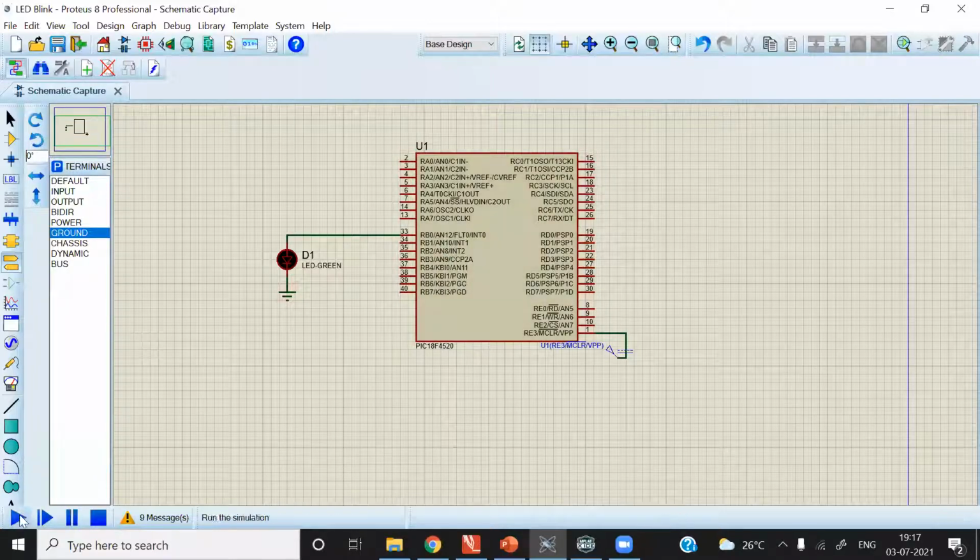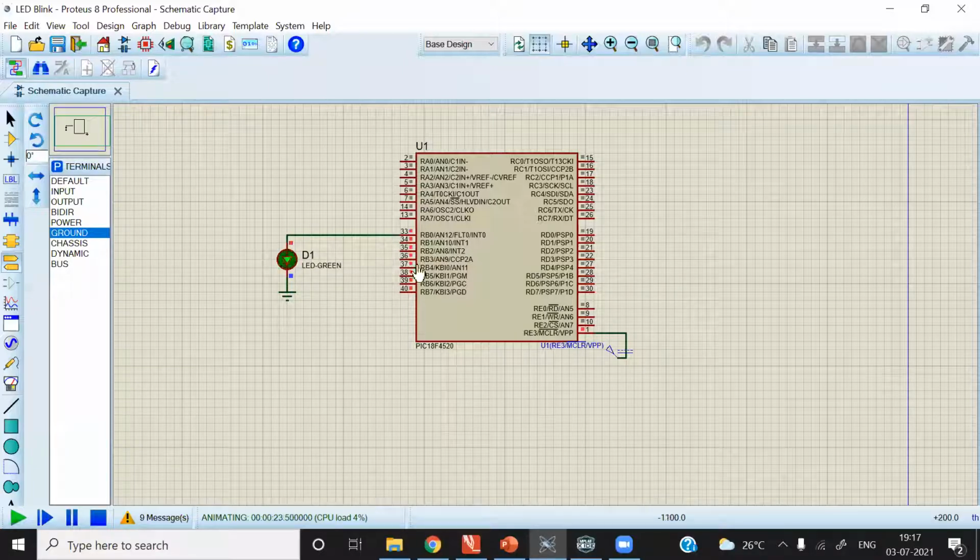Fantastic. And after that, I will simulate again. To simulate again, you just have to click on that triangular play button. Now the brightness of the LED has increased because we have removed the resistor, which was reducing the current flowing through the LED. Now you can observe that we have not connected all the other LEDs on port B, but you can see the data written on the pins by the color changes. Red means positive voltage, which is 5 volt, meaning data 1 is being written on these pins, and blue means 0, meaning ground is being written on these pins.